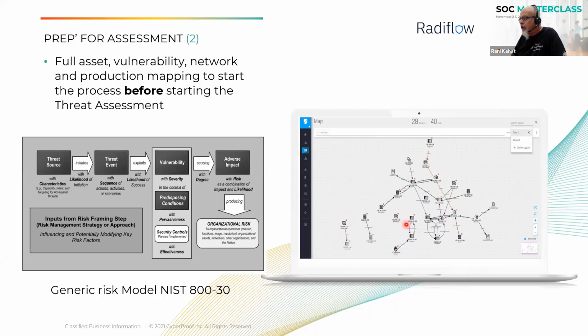And that is the first stage that we need to do in order to understand the environment, i.e. the predisposing conditions that are present. So that's the way we look at vulnerabilities and the predisposing conditions. Later on, we'll see a slide how we put in the security controllers. And this is by doing a link analysis map, we understand the pervasiveness of the network. So this is this part of the equation, understanding this box of your digital image, your environment, your vulnerabilities, and